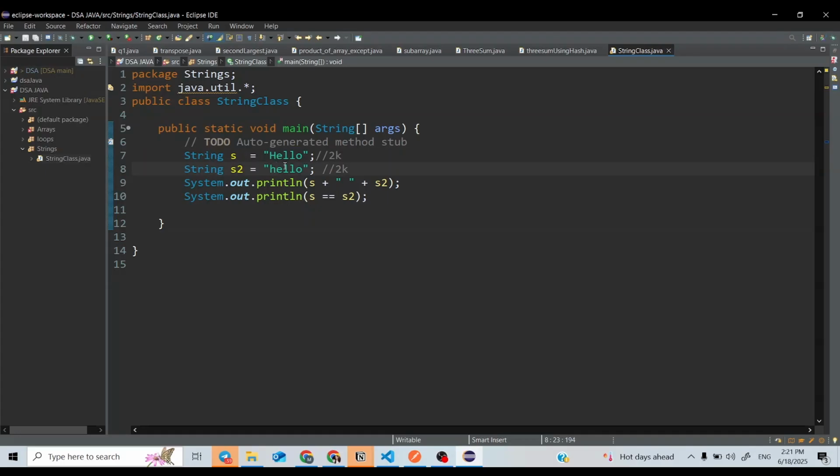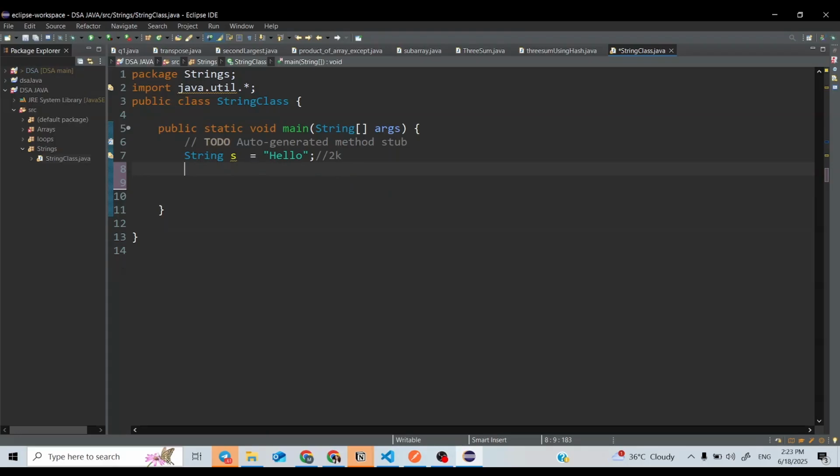So these are not duplicates, because here we are using small h and here we are using capital H. So this will also not share the same memory location. This Hello will be at some 2k memory location and this small h hello will be at 3k or some other memory location, right?